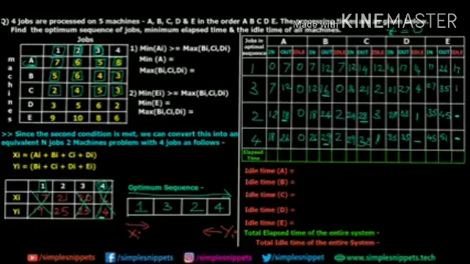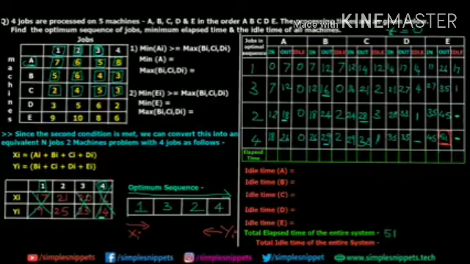And now we have to calculate idle time individually for all the machines. And we also have to find out the total elapsed time of the entire system. So the total elapsed time of the entire system is directly found over here, which is the last out time of the last machine. Okay. So it's going to be 51. So this is a straightforward answer.